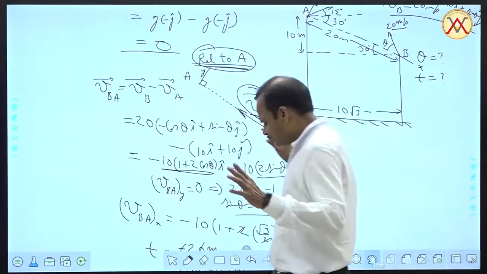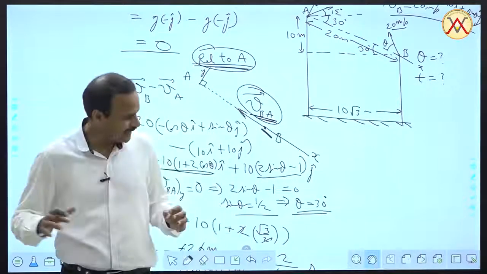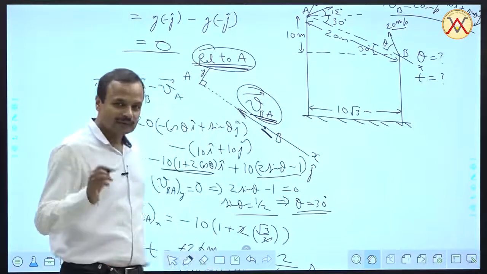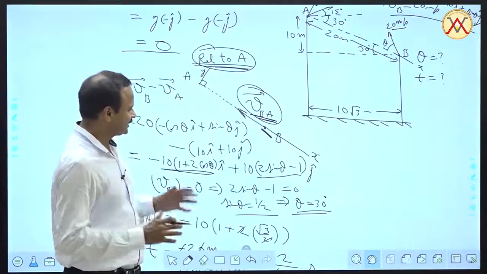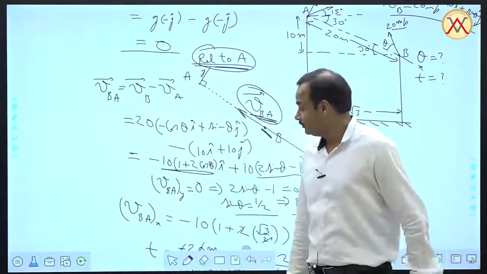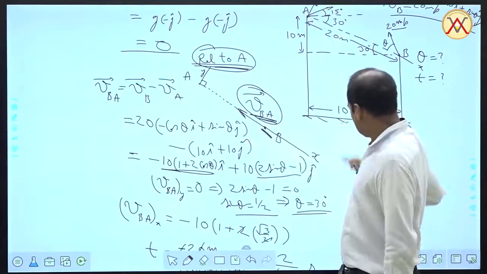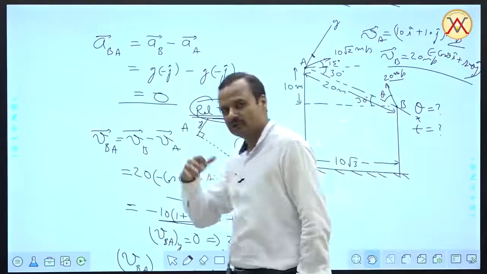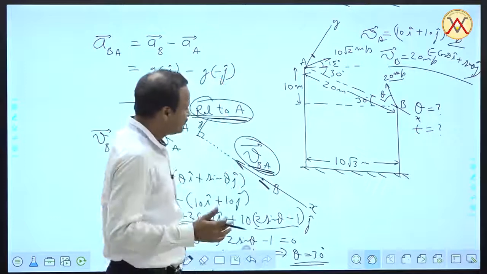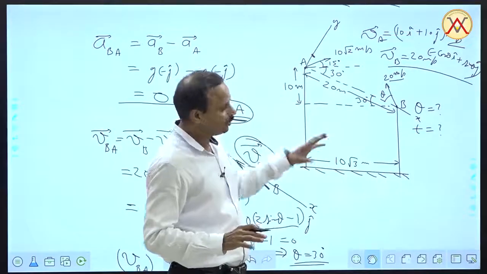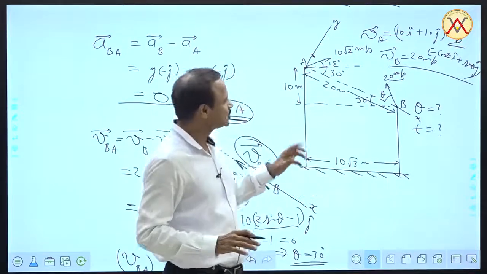So you may think that we have thought so much for this problem, but look at the advantage of the thought process that we have applied here. The problem originally was a problem of two projectiles. They both have some curvilinear path. It is possible to solve the problem without the concept of relative motion also.